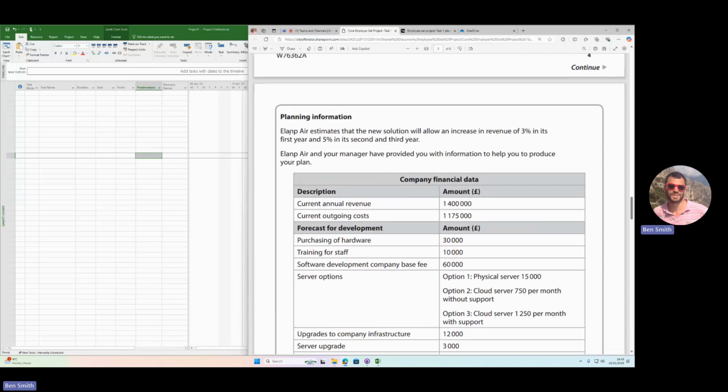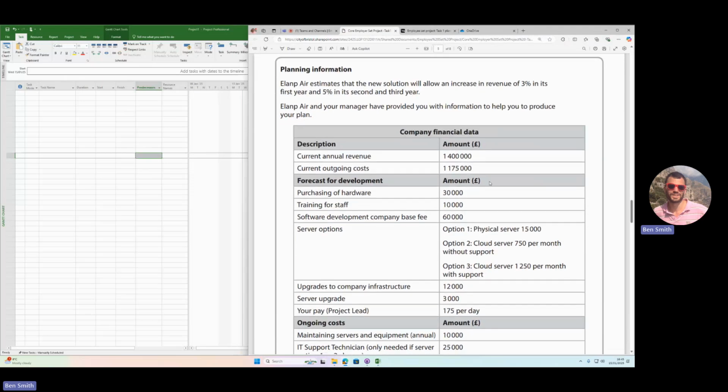So on the next page, I then find out the business aims, what they want to do. They want to increase revenue from 3% the first year and 5% in the second year. So when you come on to doing your rationale, you'll have to look at the current annual revenue, and you'll have to show what it's going to be in the first year and in the second year, so how it's going to build up. And